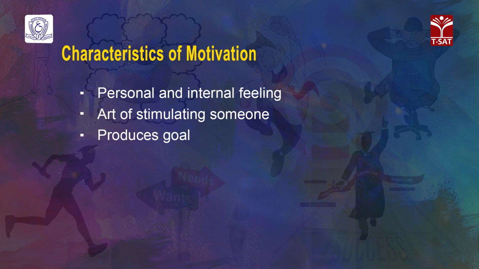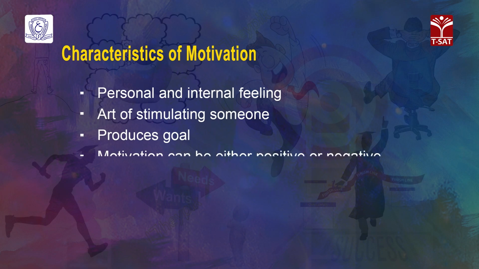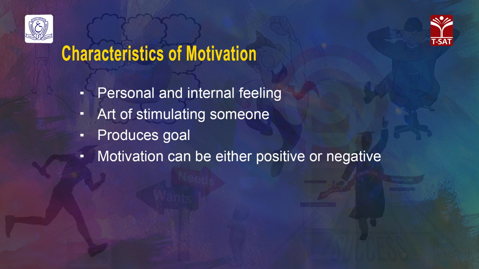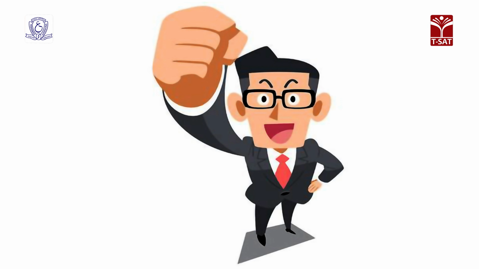And motivation produces a goal, and this goal can be positive or negative, and so the motivation can also be positive or negative. When we say positive motive, you want to help someone, that is a positive motive. Someone has stopped you from doing a particular task, or because of someone you couldn't achieve whatever you wanted to do. So, you are negatively motivated to harm someone or to scold someone or to insult them. So, motivation can be positive or negative, and it is system oriented. Motivation cannot happen all alone, it has its own driving forces. So, the motivation system will be understood in the coming section.